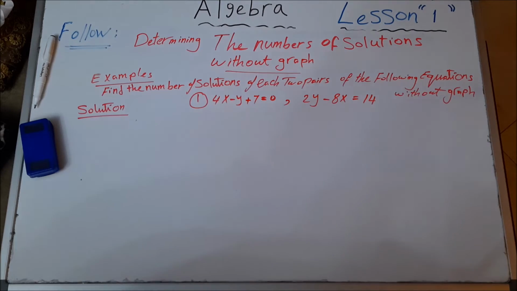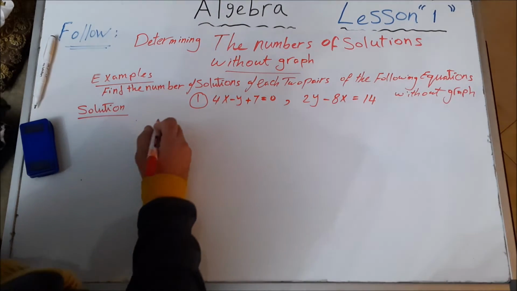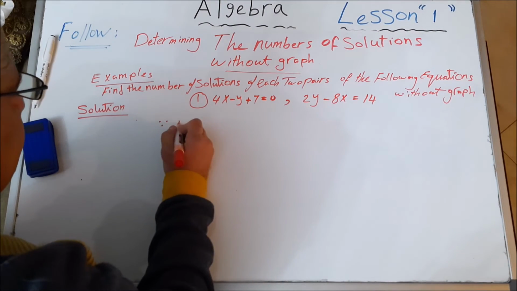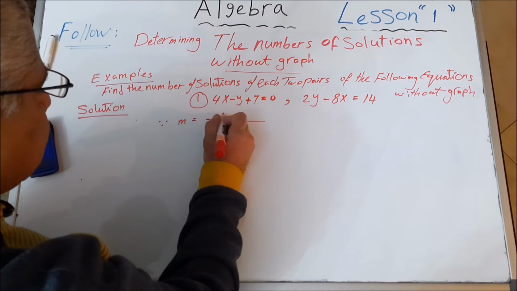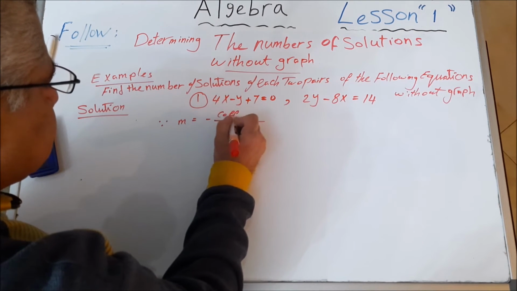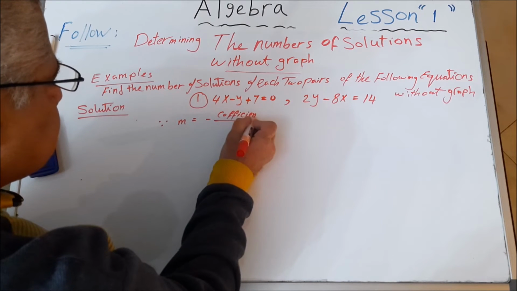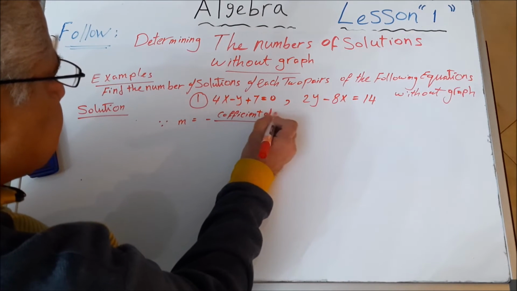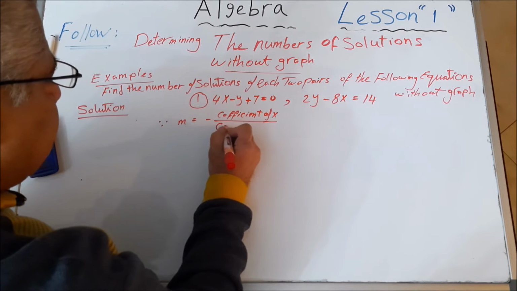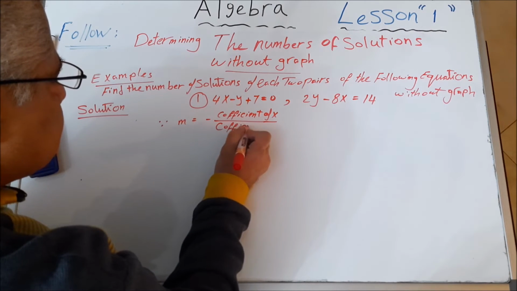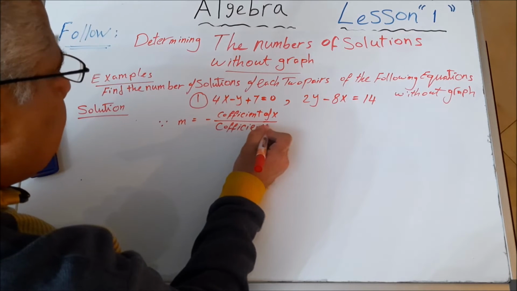As m equal minus coefficient of x divided by coefficient of y,